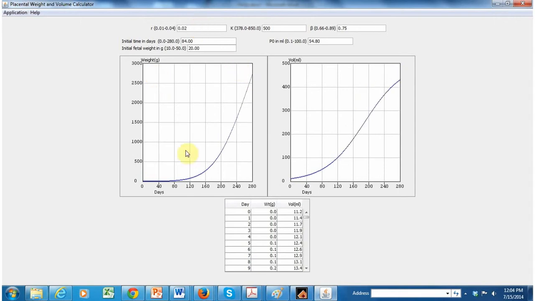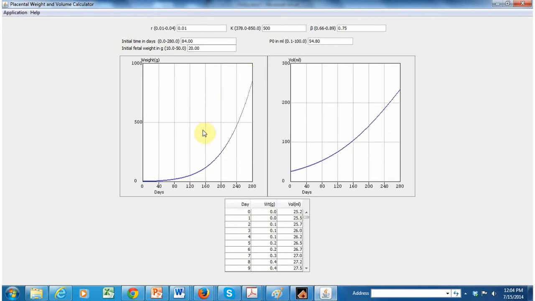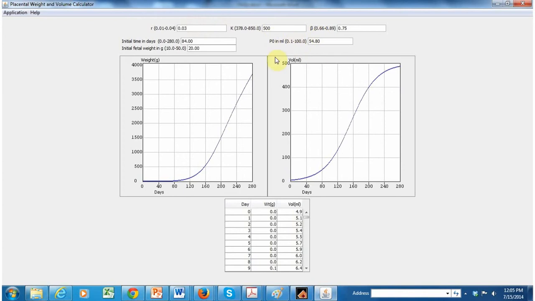So at term, now the baby is smaller than if I had that R value at 0.03. And lowering it even further yields a very small baby at term, which is under 1,000 grams, which is probably too small. So this combination of parameters would probably not yield a viable baby at term. Now if I raise this back to 0.03, you can see that the other parameters also affect the baby's weight